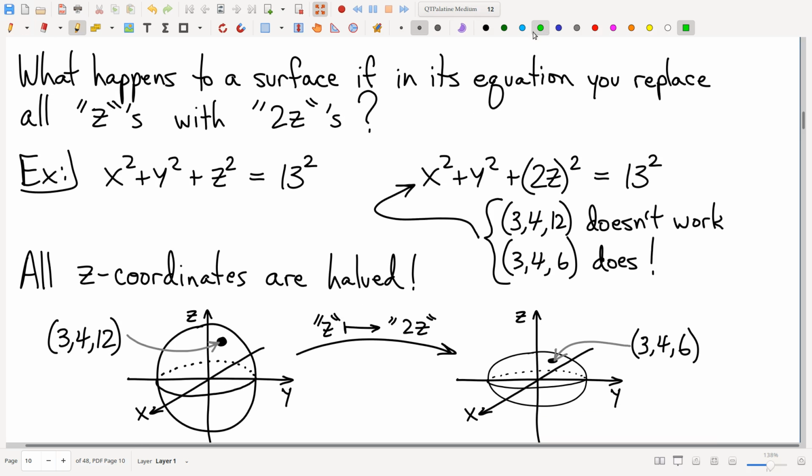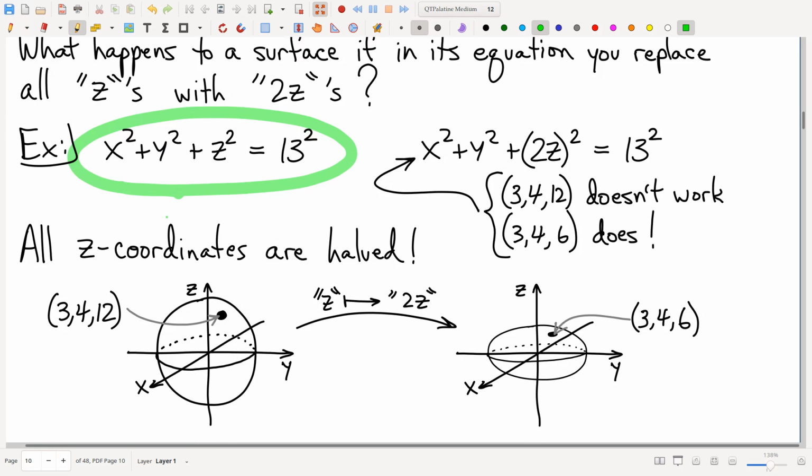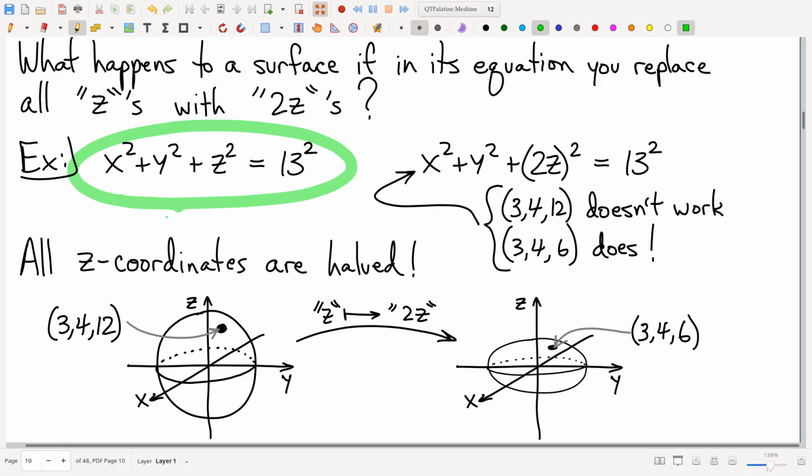Suppose you have some surface, like this one right here. Right, so we're looking at a pretty easy equation that pretty much just says rho equals 13. We know that therefore it must be a sphere, like so, something like that. So that I understand. So, question,